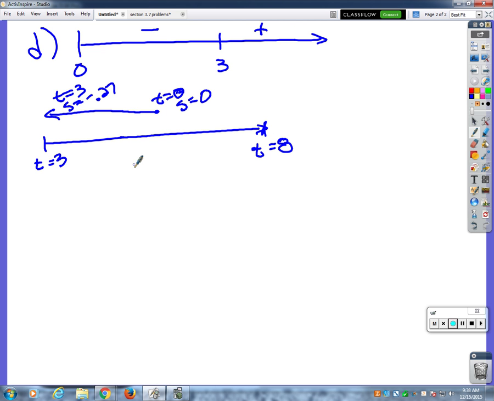20.48? 20.84? Okay, so from 0 to 3, it traveled a distance of 0.27 feet. Okay? And then from 3 to 8, it traveled a total distance of